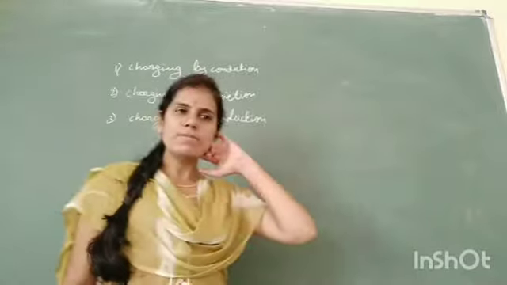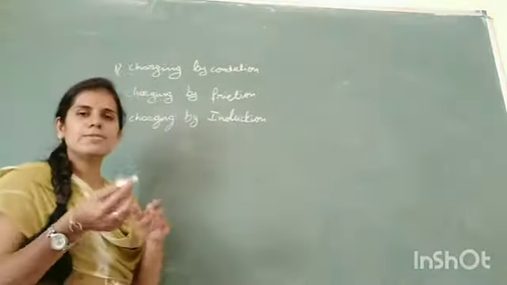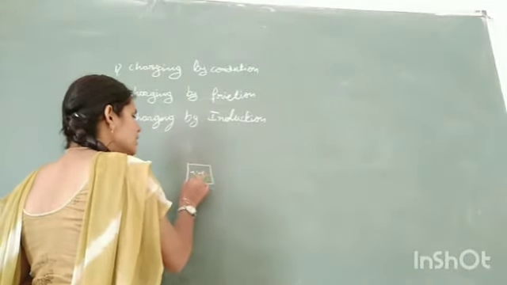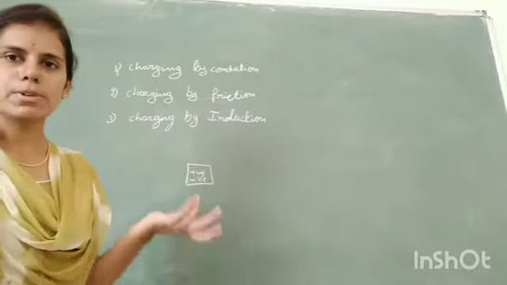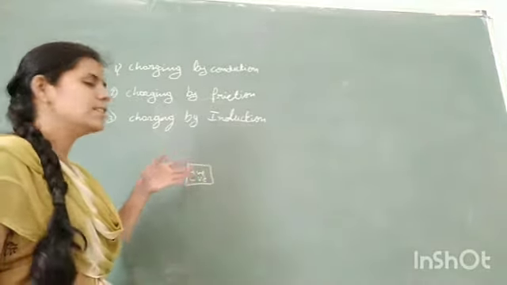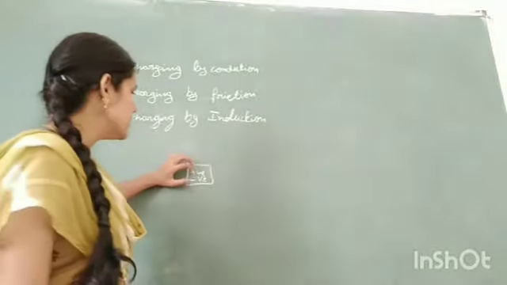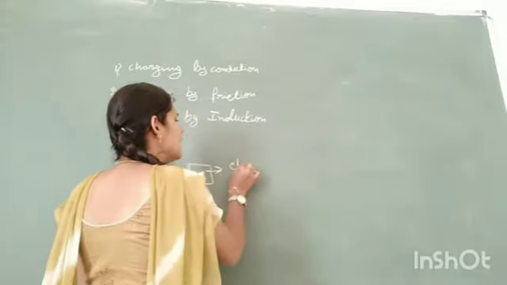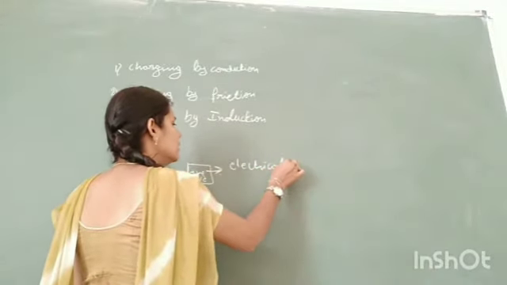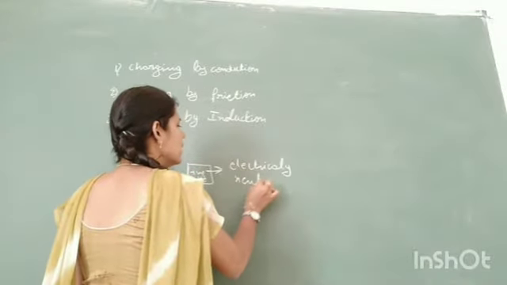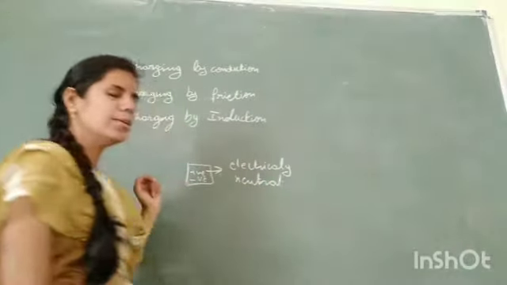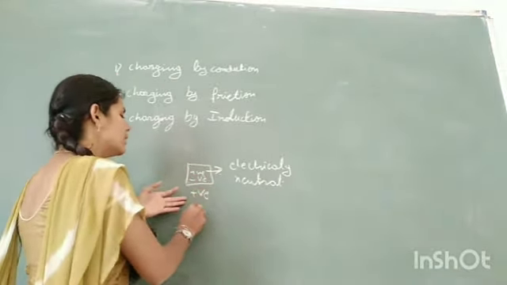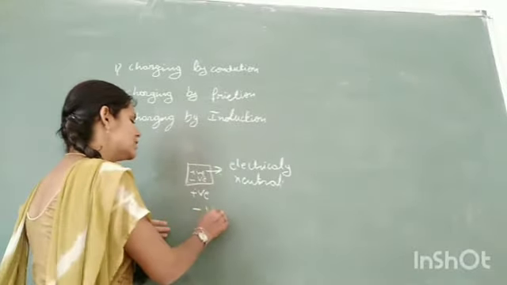Suppose I give a piece of chalk. That piece of chalk contains positive charges and negative charges. An atom consists of protons and electrons both, so it contains positive and negative charges, and there is an equal number of them. Therefore initially it is electrically neutral. Then how to charge this body? How to gain a positive charge? How to form a negatively charged body?